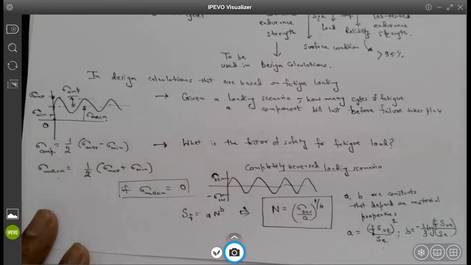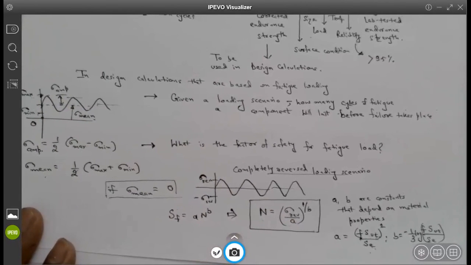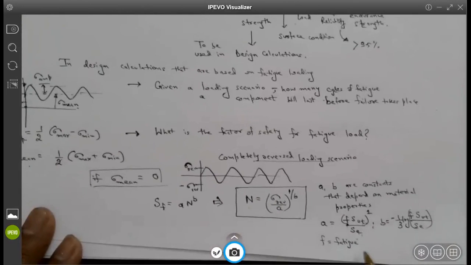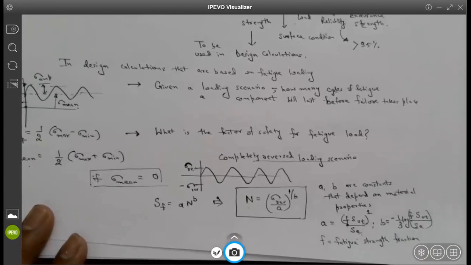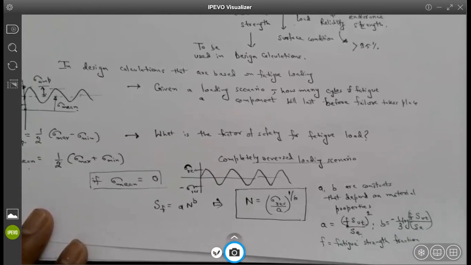And professor, where we have A and B, the F in those variables, what does the F equal, or what is it? F is a fatigue strength fraction, and for a given material and given stresses, you can use the tabular values, tabular chart to get this coefficient, fatigue strength coefficient, fatigue strength fraction. So this is again constant, and you can find that constant using tabular values or tables that are there in the literature.